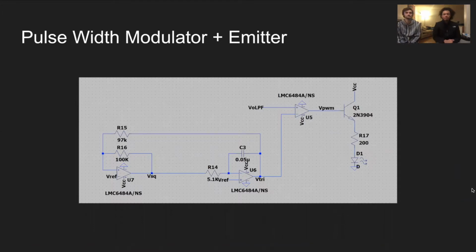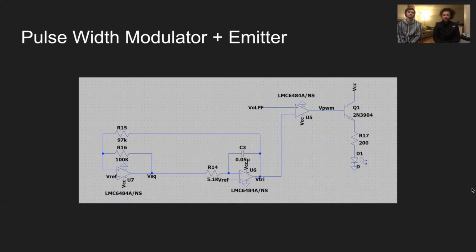Then we move into the pulse width modulator and the emitter. The pulse width modulator is made by using a comparator for the output from the low pass filter, as well as the output from a triangle wave generator. The triangle wave generator is made using